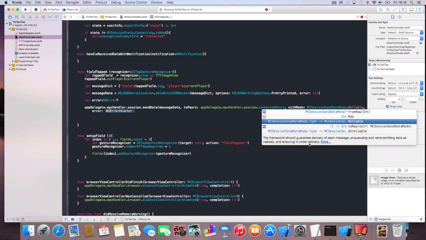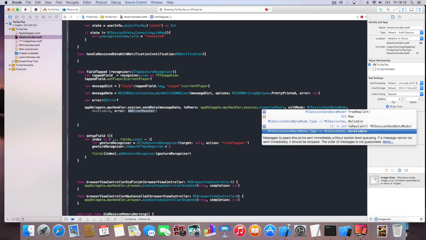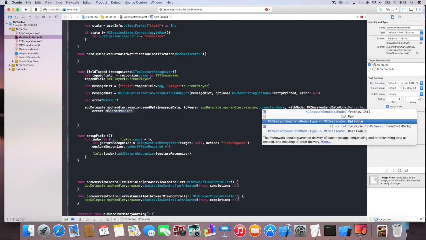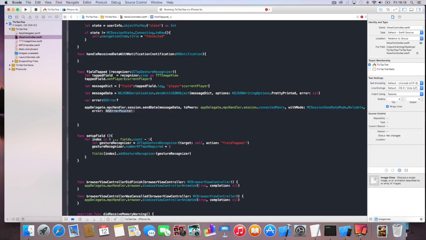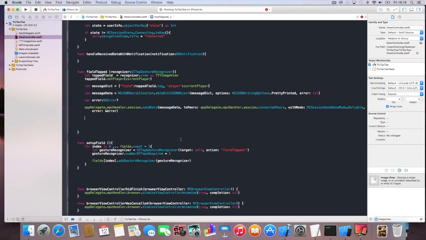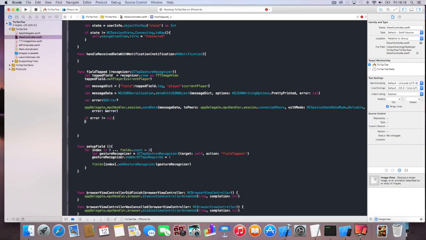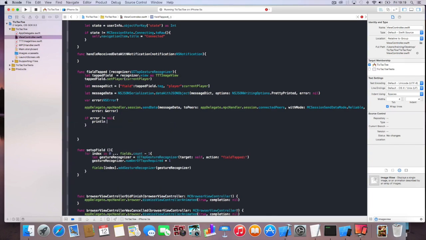And that's what we actually need, because we cannot deliver one touch before another, then the game would be useless. But if you do not have to rely on the order of the transmission, then you could use the unreliable option, which is a little faster. And now let's use the error pointer here, so that we can ask if there was an error. So if error is not equal to nil, so if there was an error, let's just print it